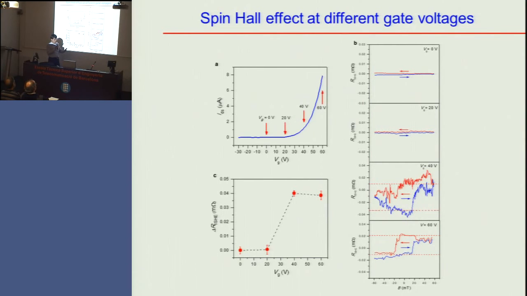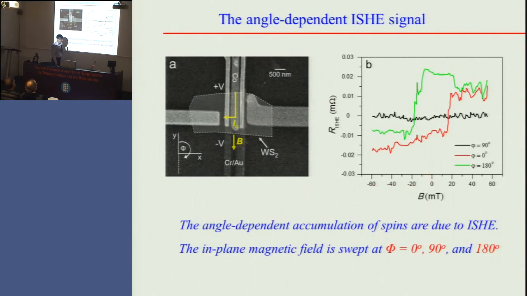When the magnetization orientation is reversed, the transverse voltage actually changes sign. That means when spins are aligned that way, you accumulate electrons at the bottom side of your channel; if you flip the magnetization, spins accumulate on the upper side. In such a way you can measure the voltage drop across the sample. Such an experiment has been done here, which is proof of the existence of the inverse spin Hall effect in two-dimensional materials.